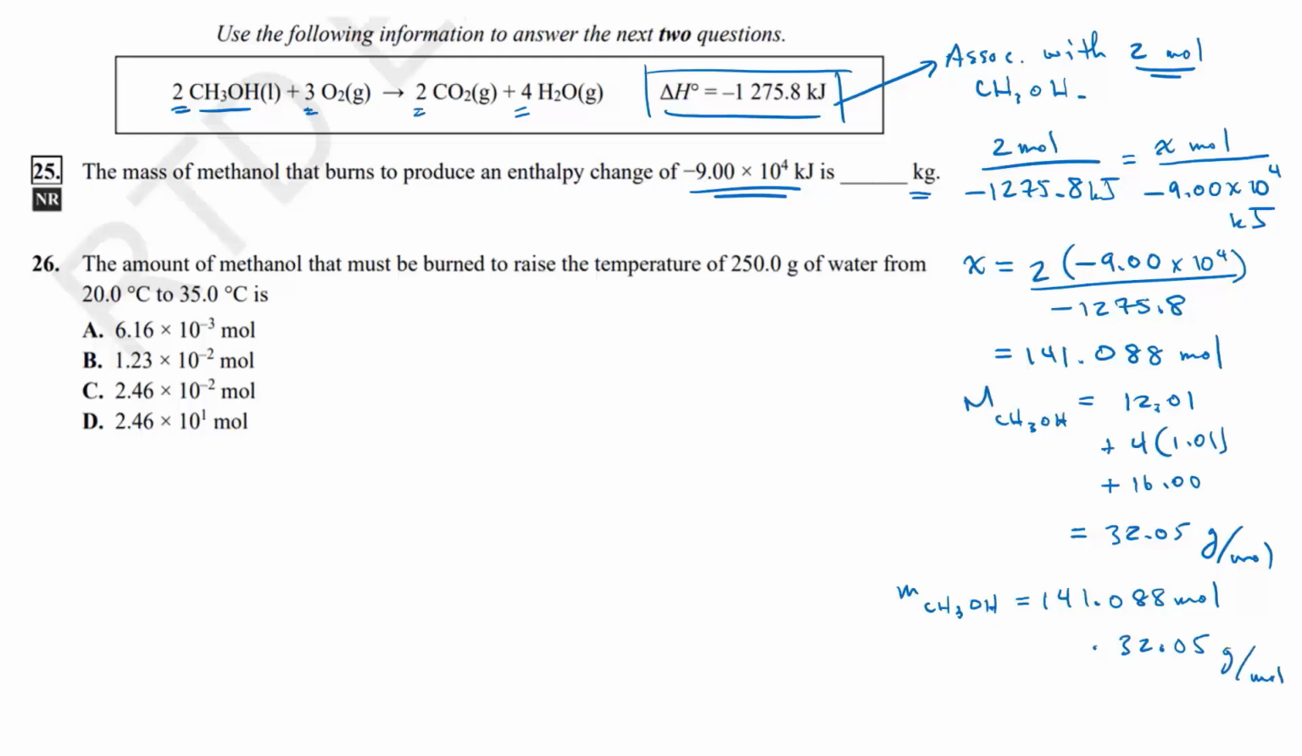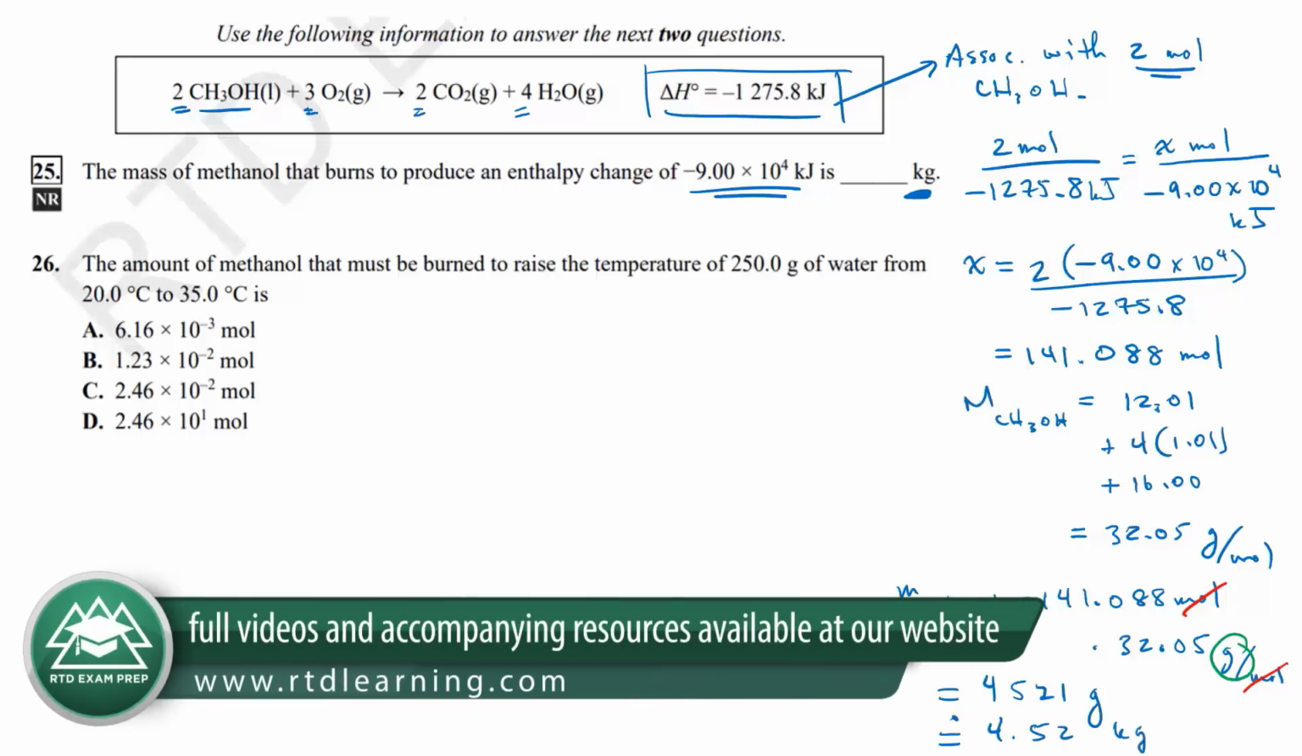Right, and it's easy to see here that the mole units are going to cancel, leaving behind a result in grams. What we're going to get is 4,521 grams. Once again, pay attention to units. We want an answer in kilograms. If I divide this by 1,000 and round it to the correct number of significant digits, it should be 4.52 kilograms. And so that's the answer,